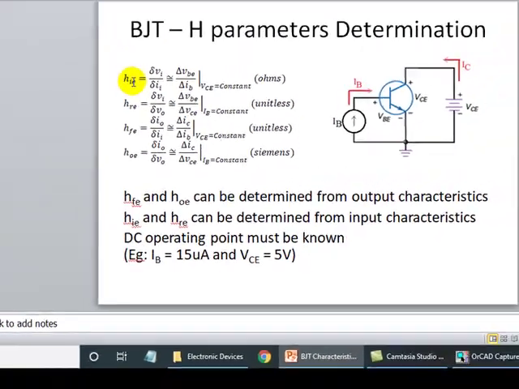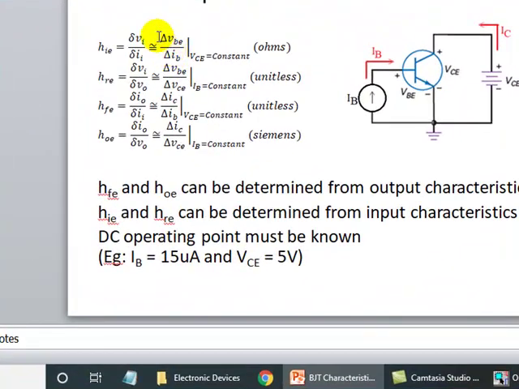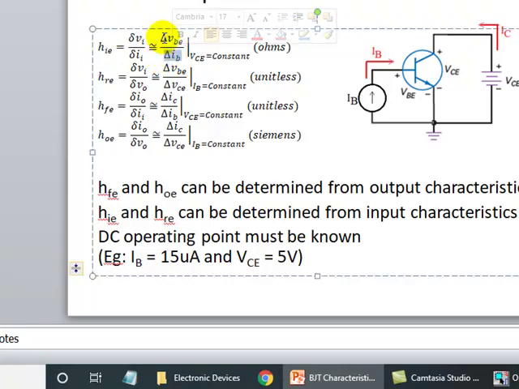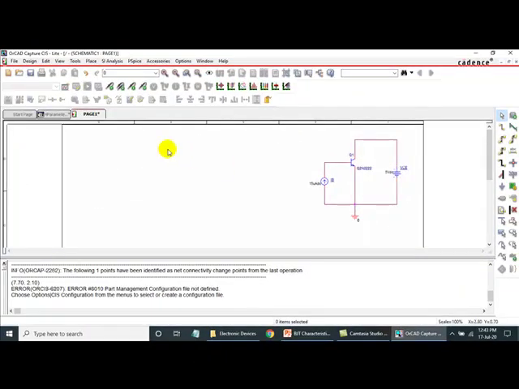So to get HIE, I have to vary IB, this is the input and this is the output. All the ratios have output divided by input format, so I'll have to vary the input and the output is variation in VBE.